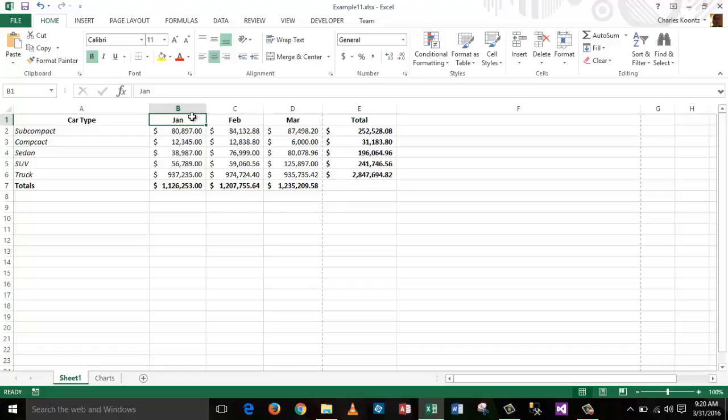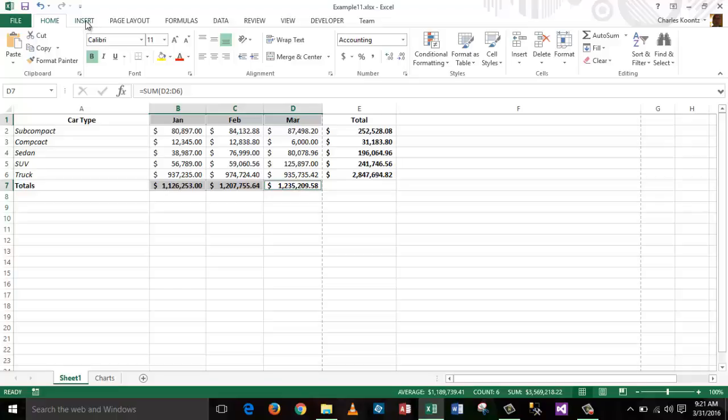So I'm going to start with my column headings, and I simply click and then hold down on the control key and keep the control key down while I click on February and March. So after I've clicked on those cells, I want to go down to where the corresponding totals are and click those totals in the same order. So I will continue to hold down on the control key and click, click, click, and at this point I can release the control key, and I'm going to go to the